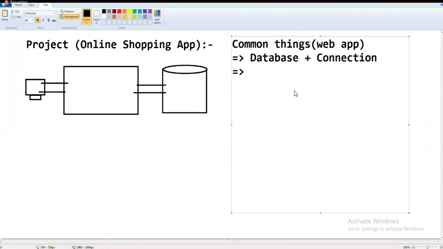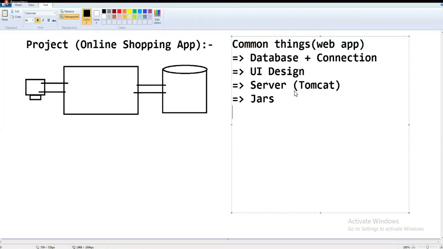Next is UI design. Next is a server to run the application, for example Tomcat server or JBoss server. Then jars are required, like the OJDBC jar and servlet API jar.